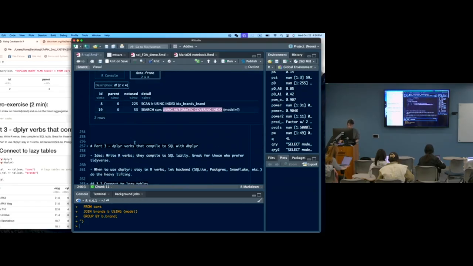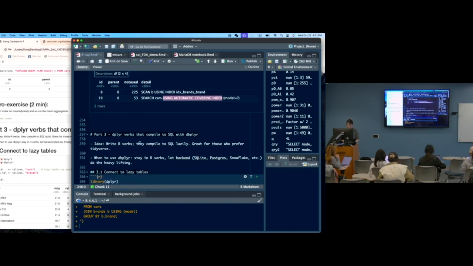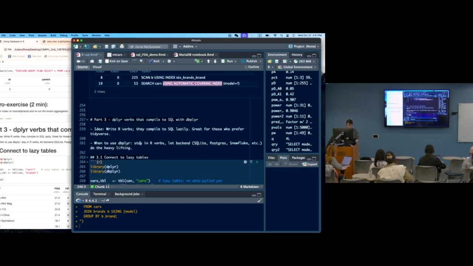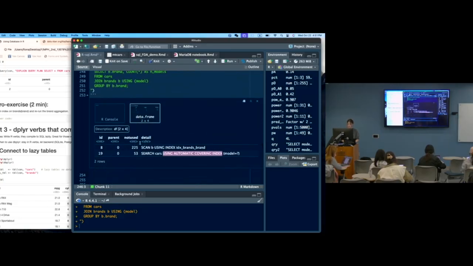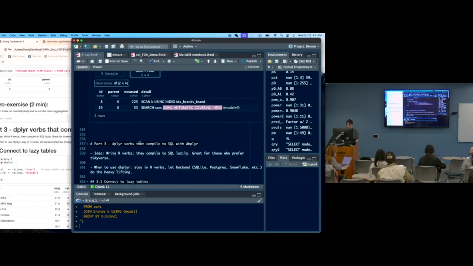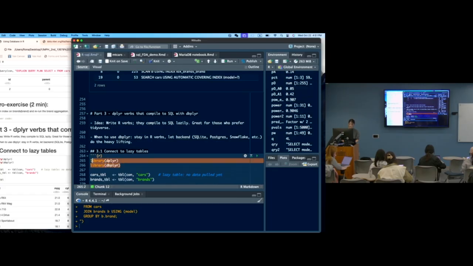Okay. So for a quick recap of this section, we connected to a real SQLite database from R with DBI. We created tables, ran the SQL, used parameters for safety, and created an index for speed. After that, we are going to keep writing the R code, but instead of writing SQL queries, we are writing R code while still getting SQL speed using two packages called dplyr and